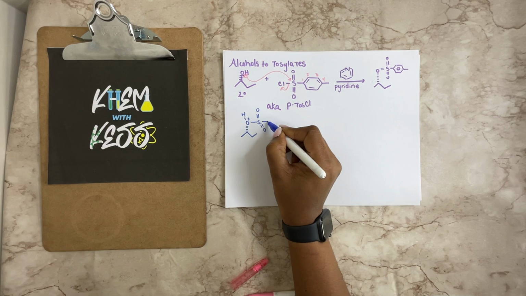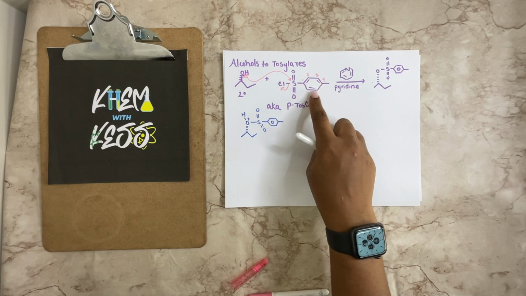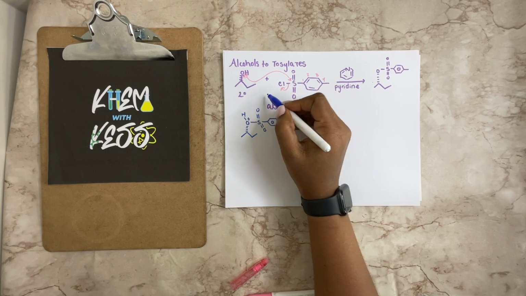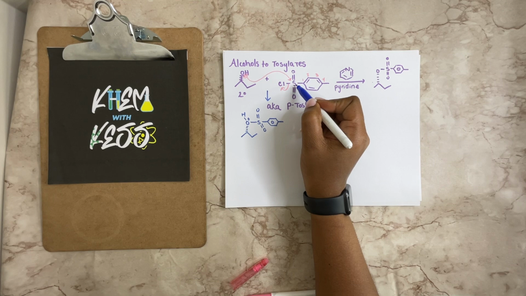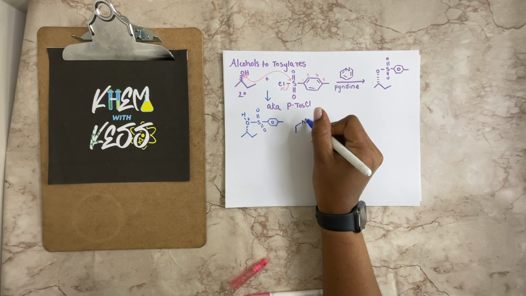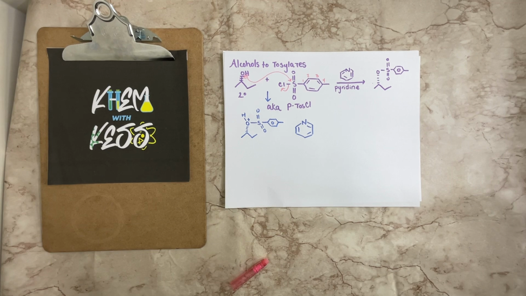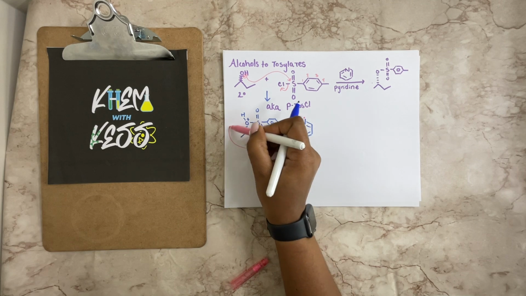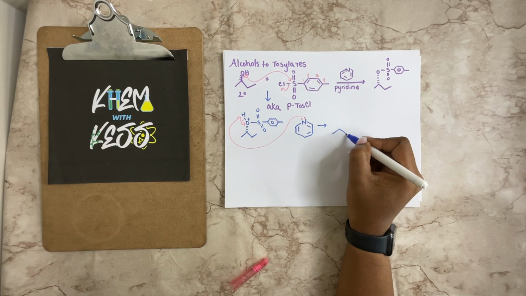just attaching the group, and you'll see sometimes I'll put a circle in the middle. That still just means the double bonds, but they're consistently moving, which is fine. So that's the first step of the mechanism of the alcohol attacking the sulfur group. Then you get your unstable molecule. You will take the pyridine and use its lone pairs to stabilize the oxygen. So you're grabbing the hydrogen and causing the oxygen to stabilize,